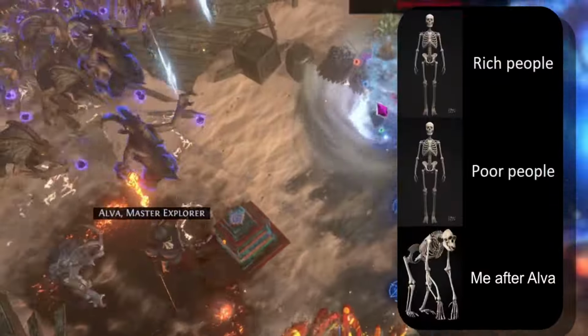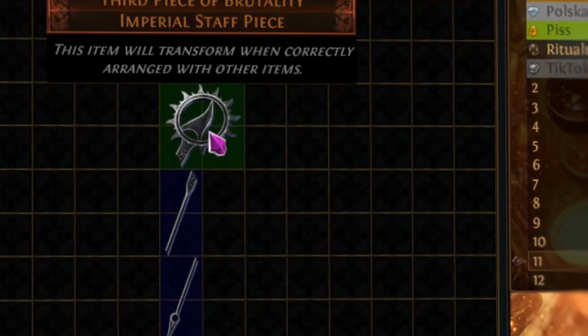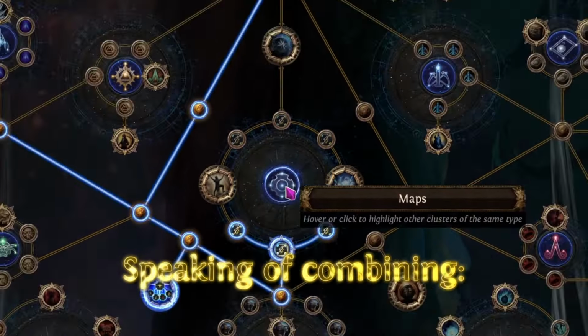Alva already did my spine dirty, I don't need more fractures. The map contains a powerful Harbinger, which drops a fragmented unique item. And when arranged in a very logical order, combines it to an item. Speaking of combining,